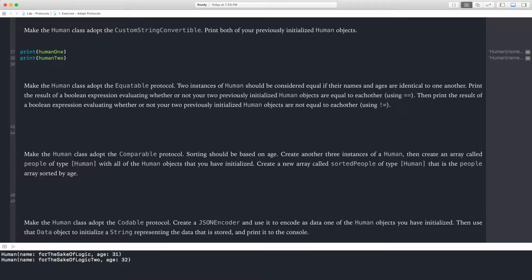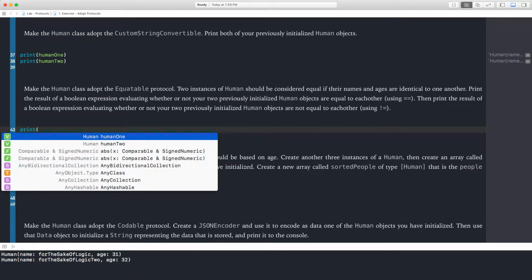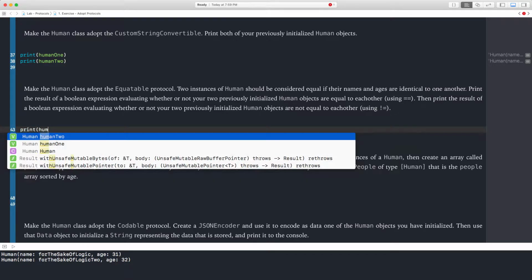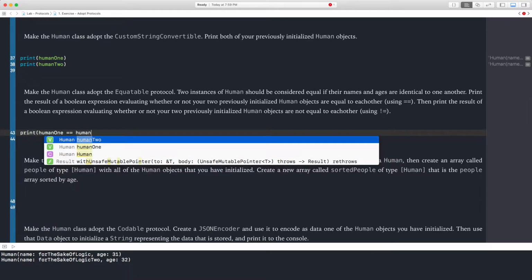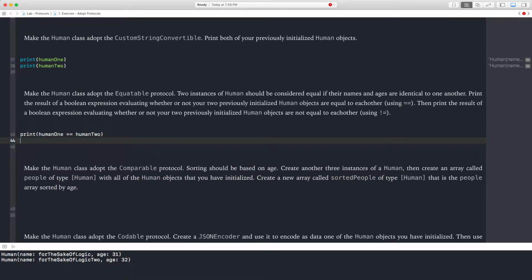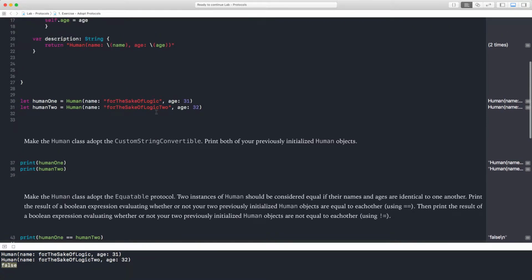Okay, let's have a look at how we could do that. So we're gonna go ahead and print, and I'm gonna say human1 equal human2, and the result should be false because it returns a Boolean, and surely enough it's false. Why? Because human1 and human2 have different attributes, right? Different names and different